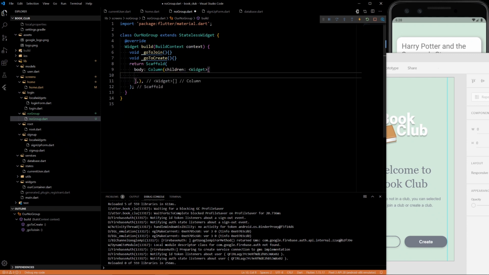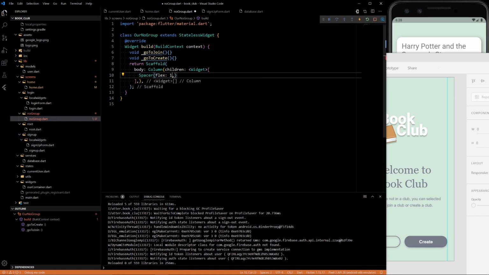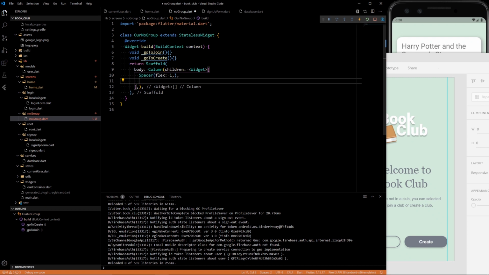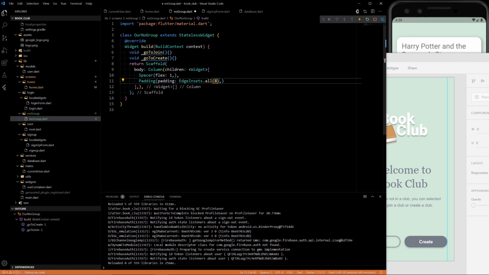So what we're going to want to do is have a spacer at the top with flex 1. And then our logo. Do image dot, we're actually padding with our padding of edge insets.all. Let's do 80